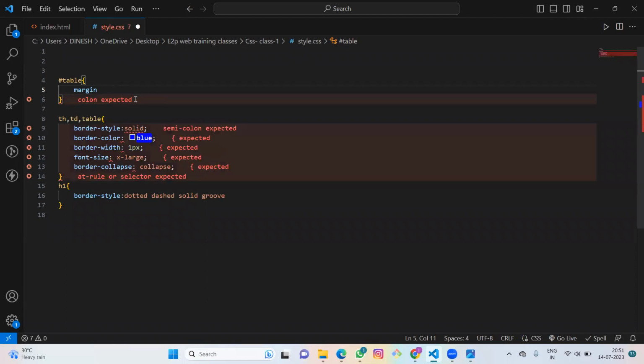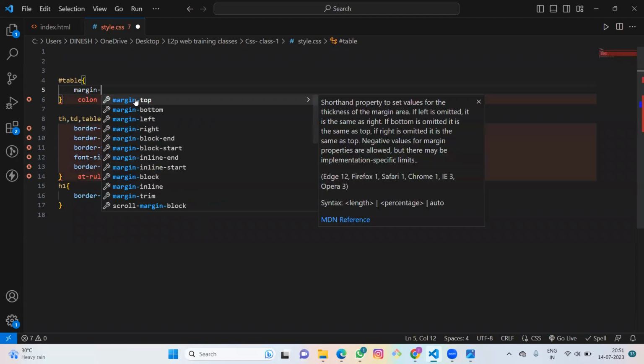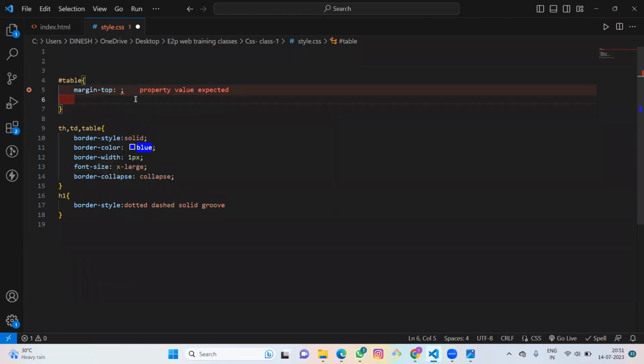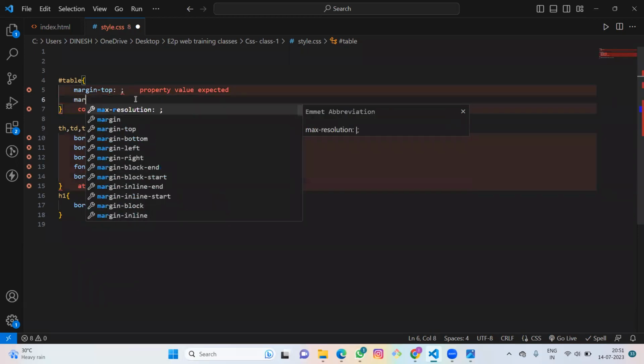Margin has attributes like margin top, margin bottom,